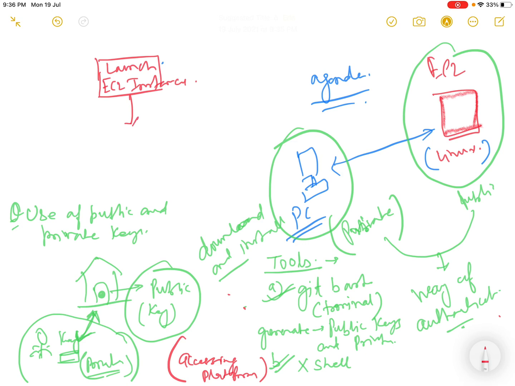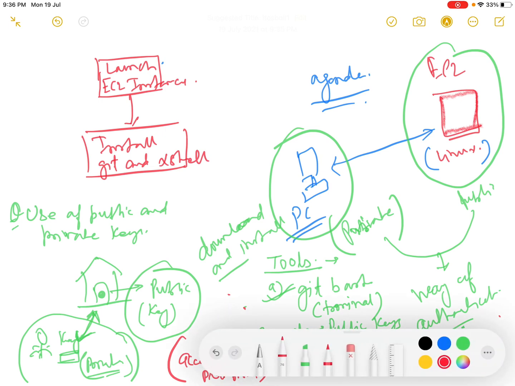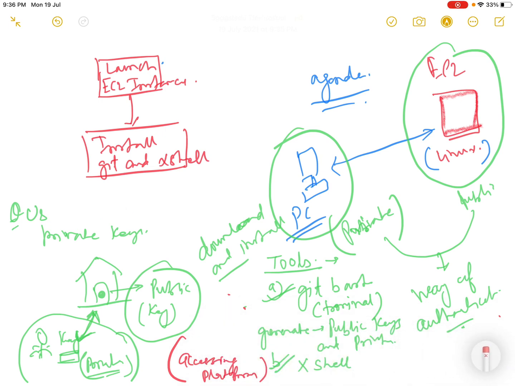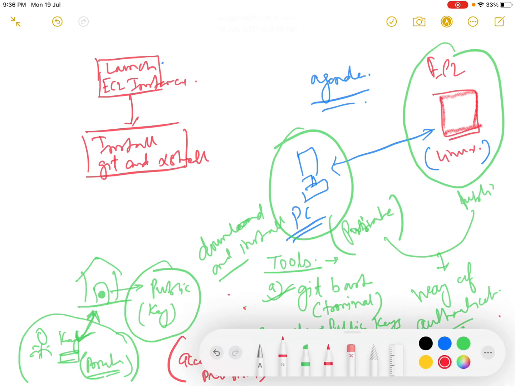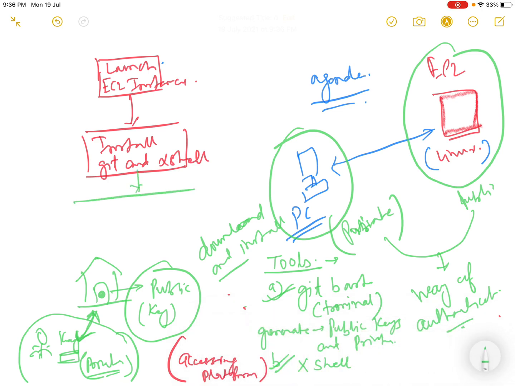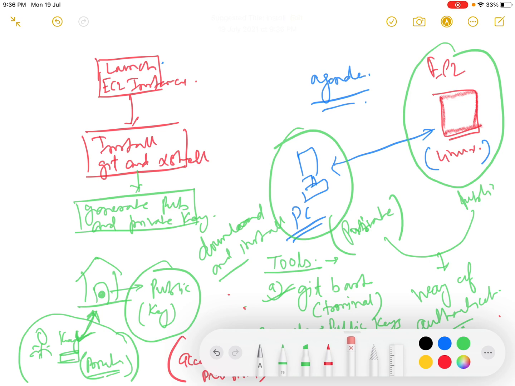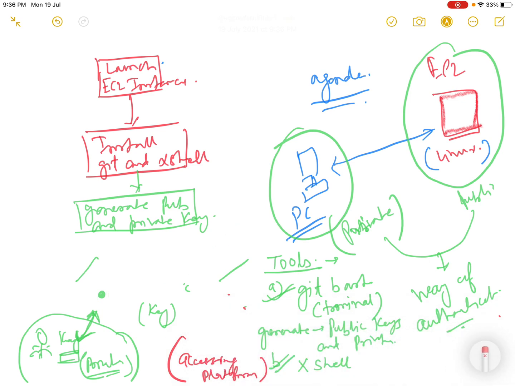Secondly, install Git and Xshell. And third, you have to generate public and private keys.